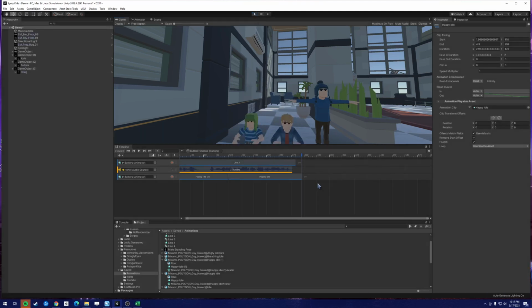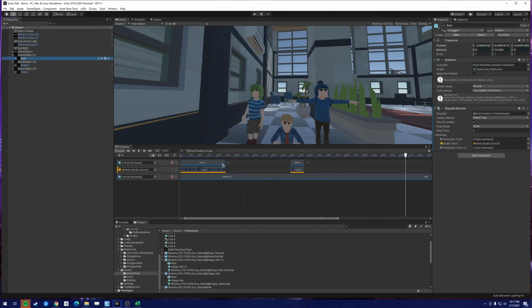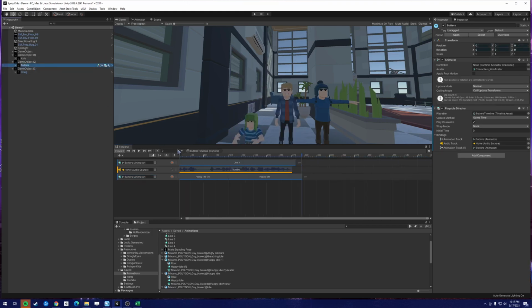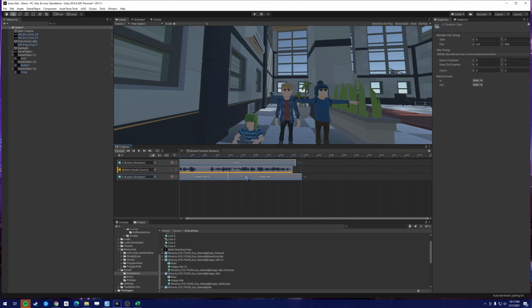Okay, so what was happening was both timelines were going at the exact same time, and there's probably a way to like hierarchy timeline so you can basically put a timeline in another timeline, and I haven't quite figured that out yet. But the way I know how to do it is if we go to Kyle, we can see that line 1 ends at about 150 frames, so we can start Butters at 180. So let's just click all this and move it over to 180,